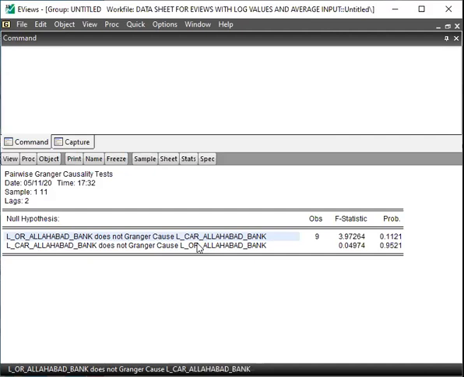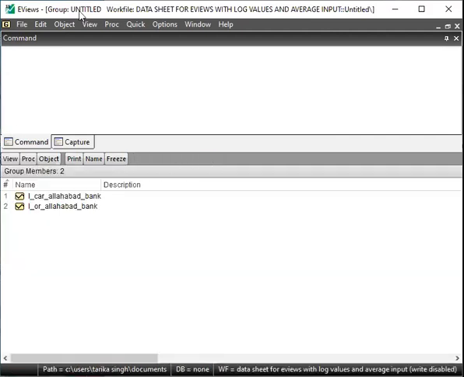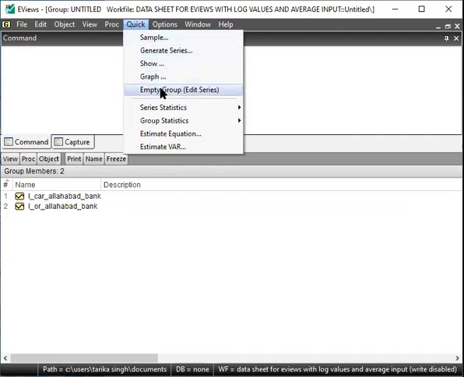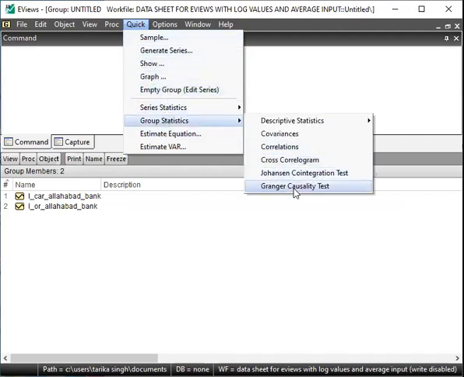If one wants to check it further, what can be done is we go back to the Granger causality part.